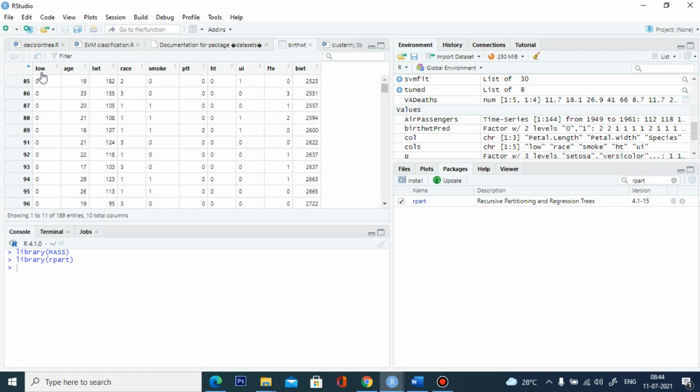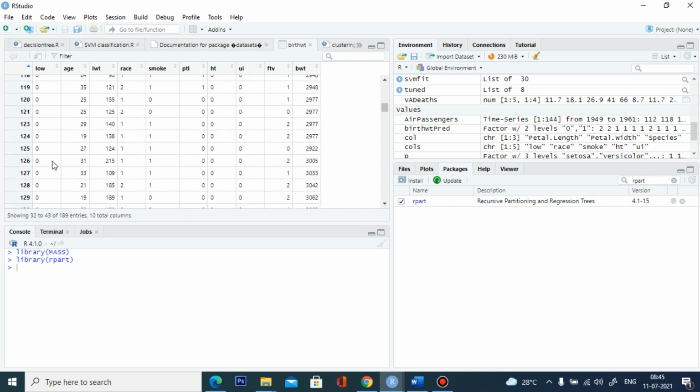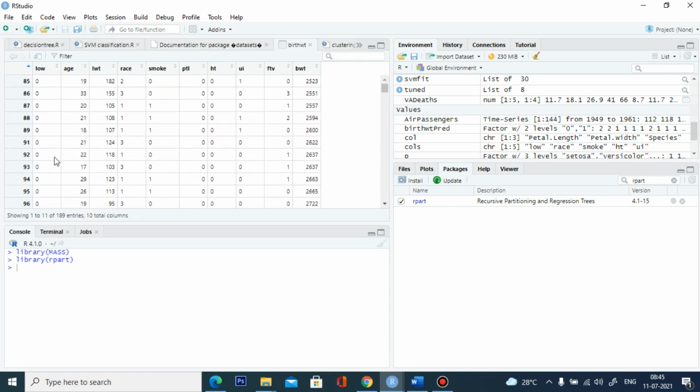The variable low is nothing but whether a particular newborn has a weight less than 2.5 kg or not. If it is less than 2.5, then it should be 1. This is a categorical variable. If it is not, it should be 0.